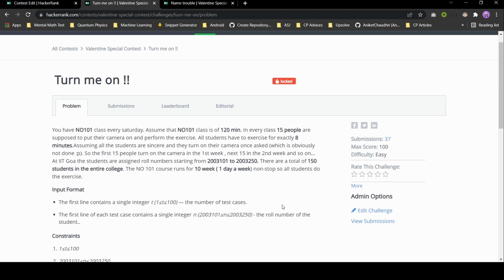In every class, 15 people are supposed to put on their camera and perform the exercise. All students have to exercise for exactly 8 minutes. Assuming all the students are sincere and they turn on their camera once asked. So the first 15 people turn on the camera in their first week, then next 15 in the second week, and so on. The students are assigned the roll number starting from 2003101 to